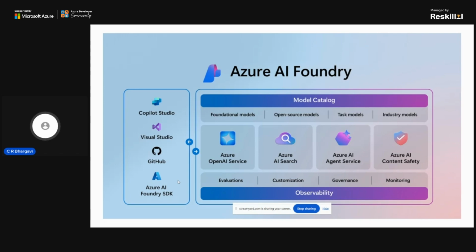And what it does is that it can have various observability, evaluations, customizations, or you can have your own chatbot which can act for your team. Like you are working in an organization and you will have different teams, or you can be put into different services at the same moment, right? So that's where the AI agent would be playing a major role.